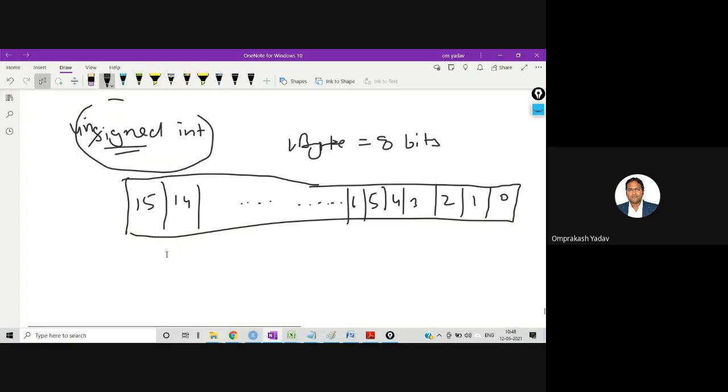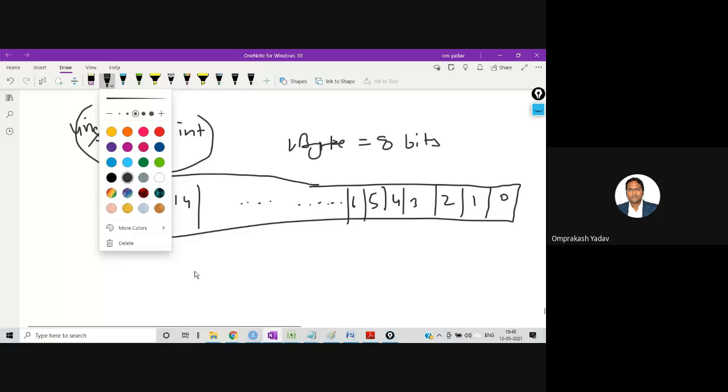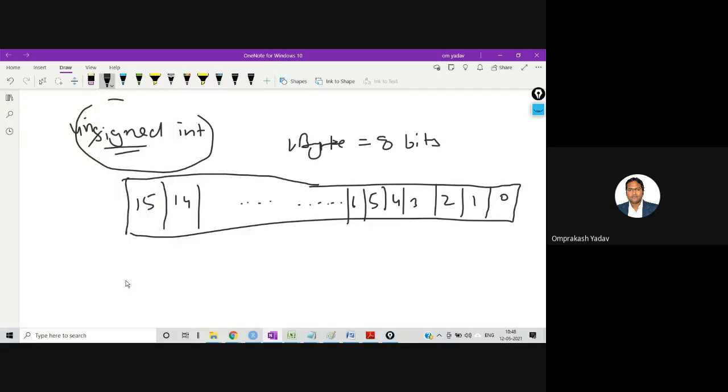So that means 2 raised to 16 will be available.